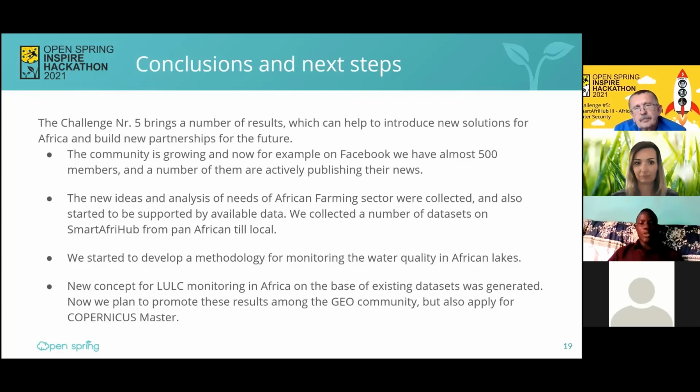Also, the new ideas and analysis of needs in the African farming sector have been collected, analyzed, and visualized. So we think all this content can really be applied differently.